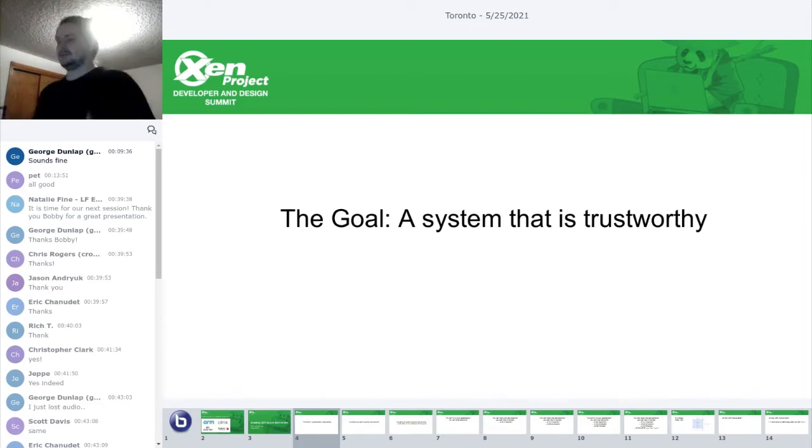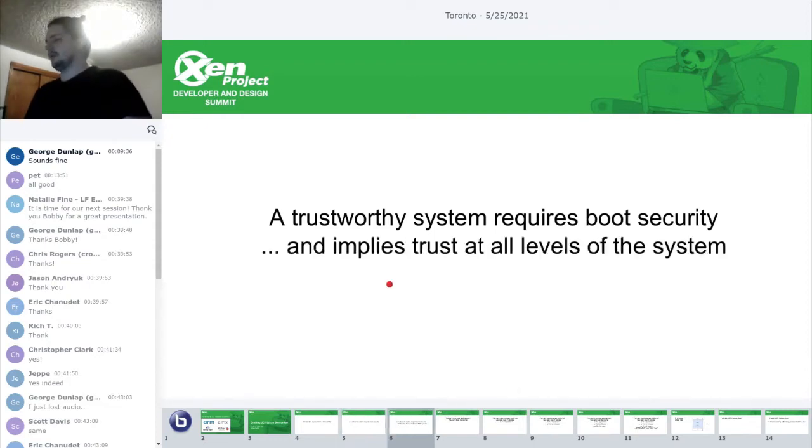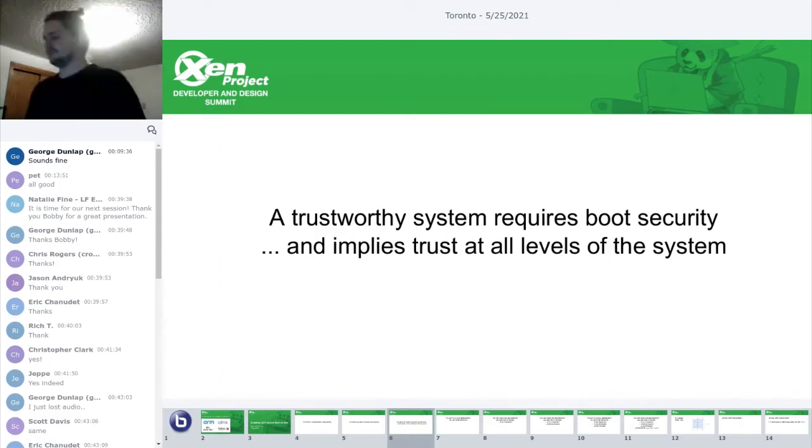If you want that guarantee at runtime, you need to ensure that it has been established early in the boot process. So it really requires strong boot security. If you don't have boot security, then you can't have these guarantees later at runtime. And boot security really implicates trust at the entire system, at all application